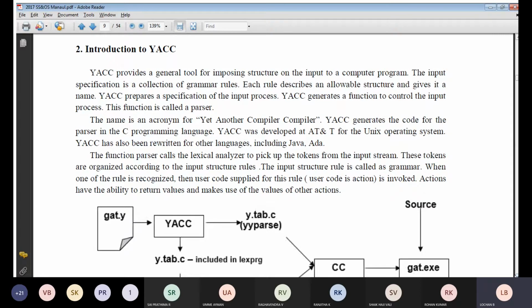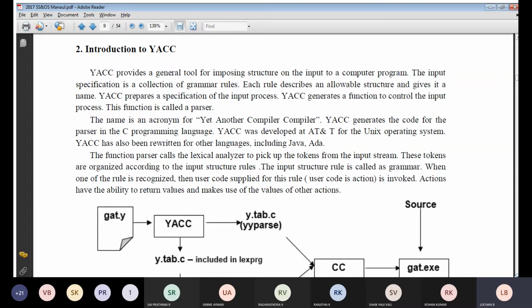Basically what this tool will do, the input will be taken in this particular tool and we will be generating the C code for your lexical analyzer. This is with respect to your lex operation. When we perform with respect to yacc, whatever the lex operation input it has taken, we will take that particular input, process it, and get the output. Whatever output you get, we get in terms of your syntax analyzer. What does syntax analyzer mean? We will be making use of your parse tree concept.